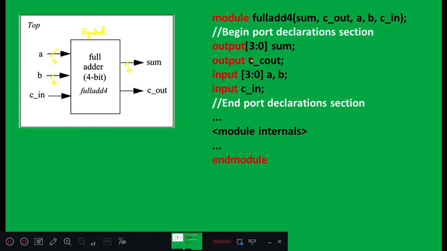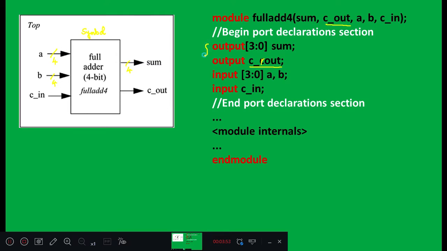Here C out should be C underscore out, because we have defined it as C underscore out. It should be the same as this. A and B are inputs, size is 4-bit, we have defined 3:0, and input C in.